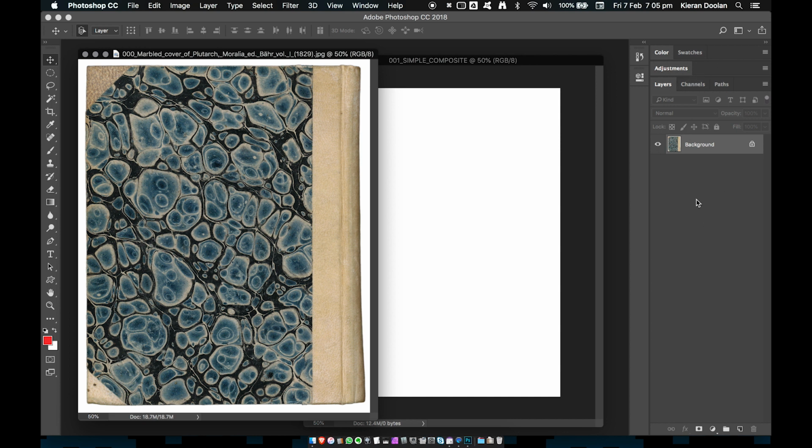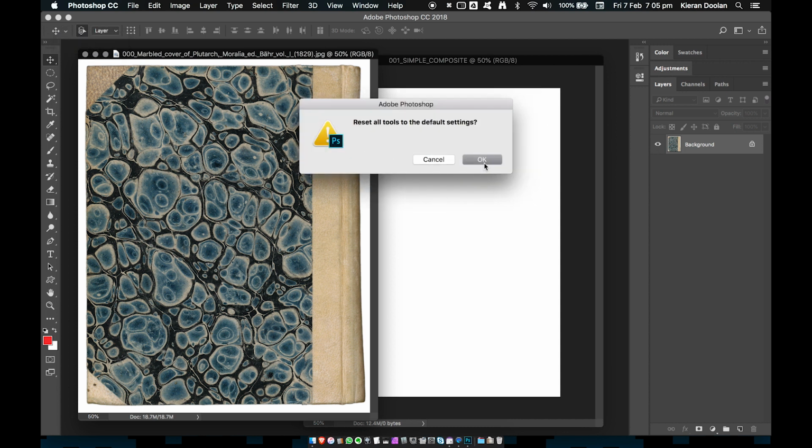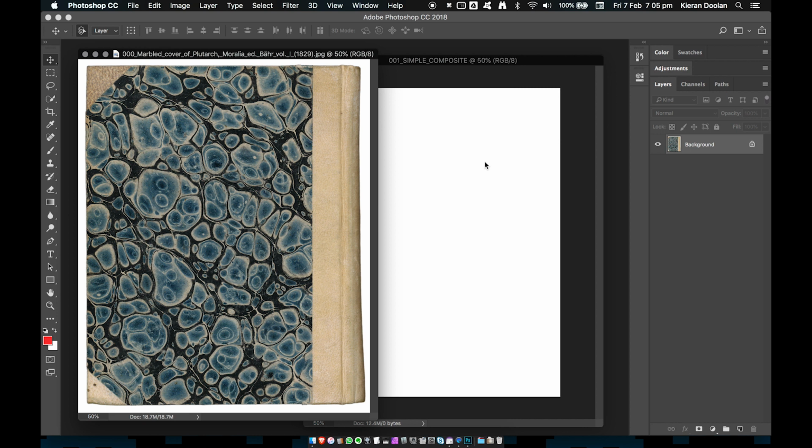I don't really need to look at color or adjustments, so just double clicking those for the moment to show just the layers area. And before I start editing, control clicking any tool in the option bar along the top here to choose reset all tools. I'm also going to type the letter D, and you'll see that's set the default colors to black and white. Okay, typing the letter V ensures that I've got the move tool selected.